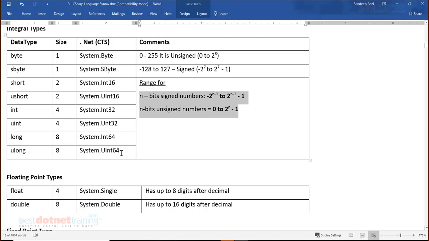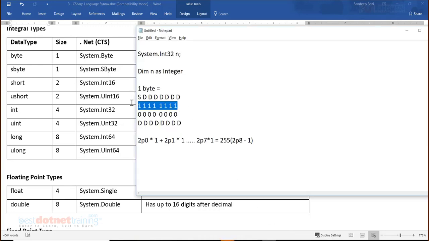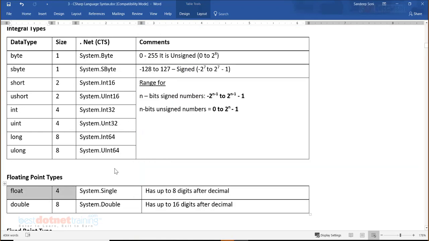And this is applicable only for integral data types. This is not applicable for floating types. Though an integer is 4 bytes and a float is 4 bytes, both are 4, the data in memory for a floating point data type is not saved in as simple a format as this. It is an absolutely different format to represent the dot.